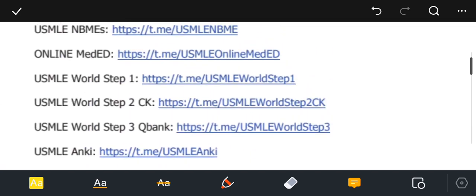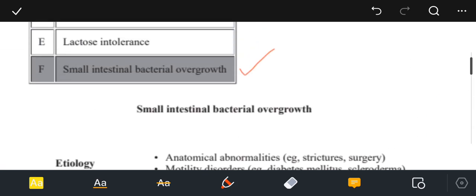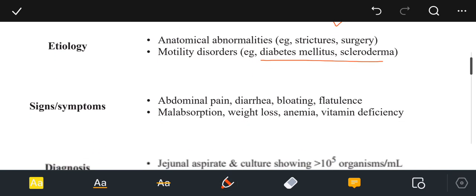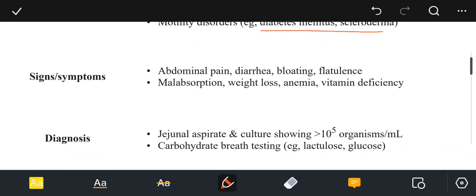Now, in the discussion, they have given us a table, and in this table they are stating the etiologies of small intestinal bacterial overgrowth, which are anatomical abnormalities, for example stricture and surgery, and motility disorders like diabetes mellitus and scleroderma. Signs and symptoms are abdominal pain, diarrhea, bloating and flatulence, malabsorption, weight loss, anemia, and vitamin deficiency. The diagnosis